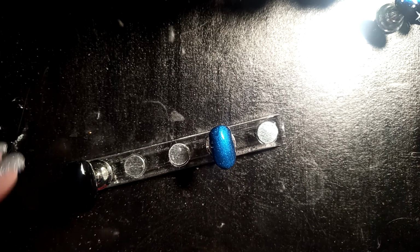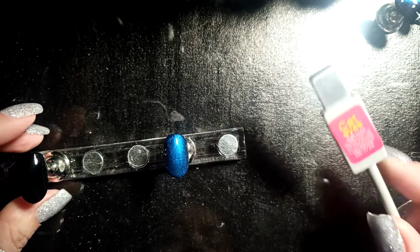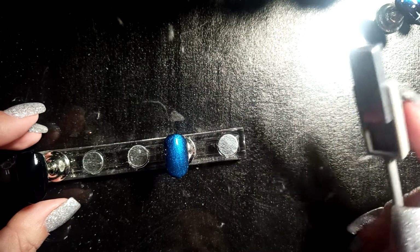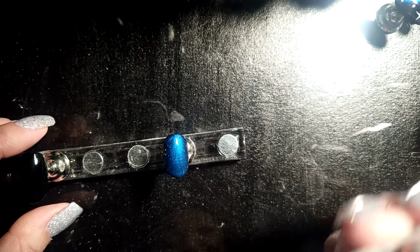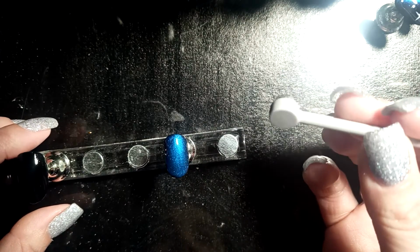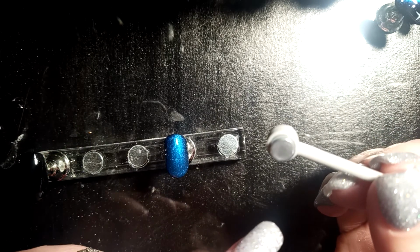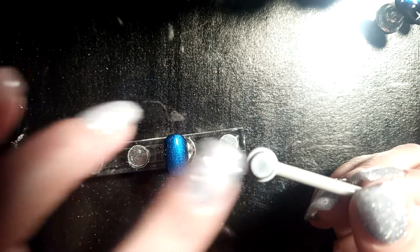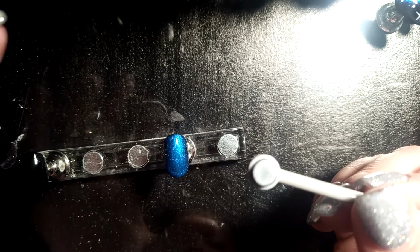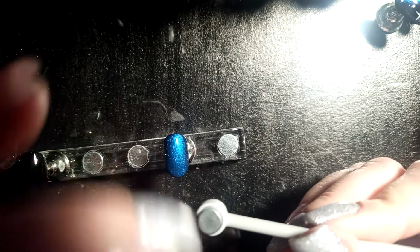Now there are different magnets that create different designs. This particular one will create a line if you simply place the magnet over the top of your polish. This one, on the other hand, will create a negative space. Now, if you flip the magnet over, it will draw everything into a circle, whereas the way that it's flipped now, it'll evacuate all of the magnetic particles in the polish into like a black hole, and that's what we